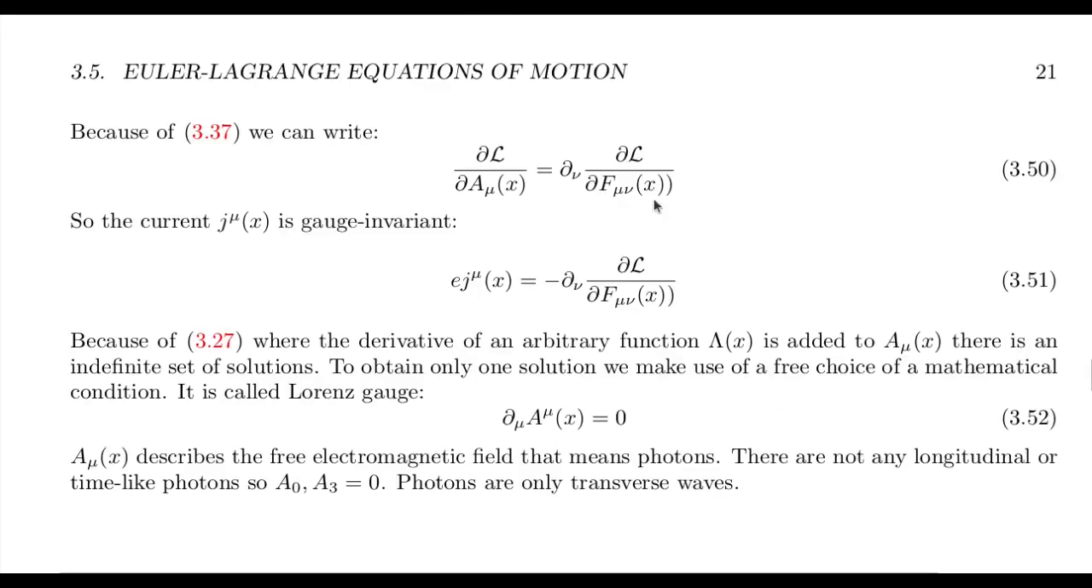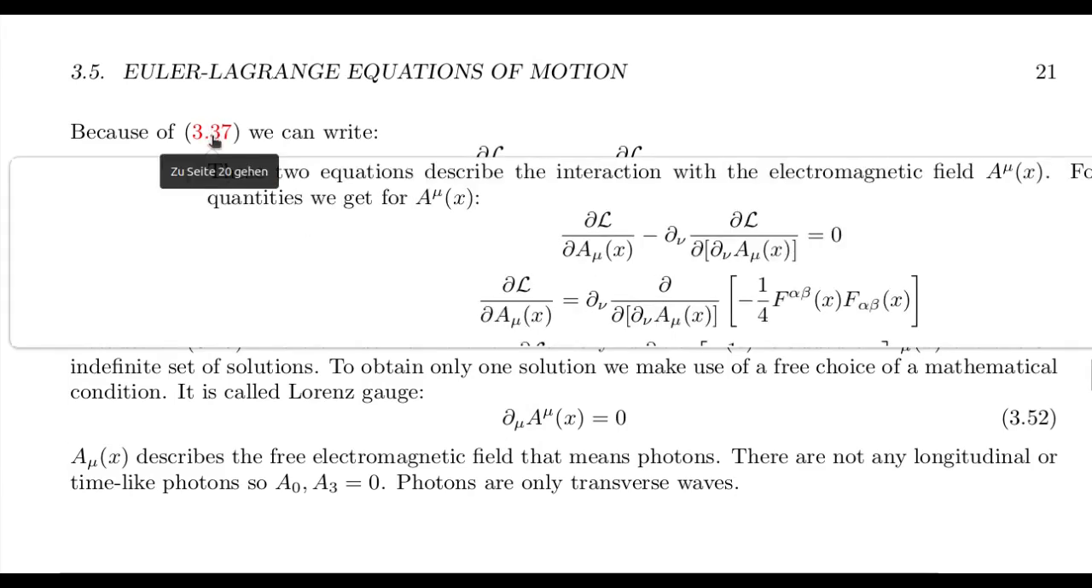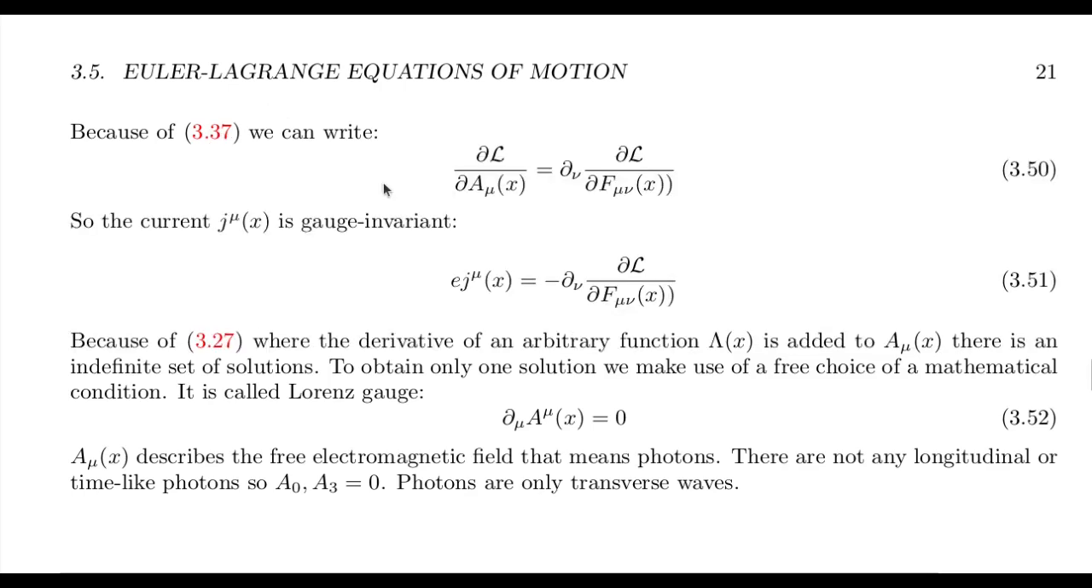Now, because of the formalism, 337 and so on, we can write here 350. This is an exercise for students. Show that the equation 350 is correct. The current J is gauge invariant, of course. We have this. And because of